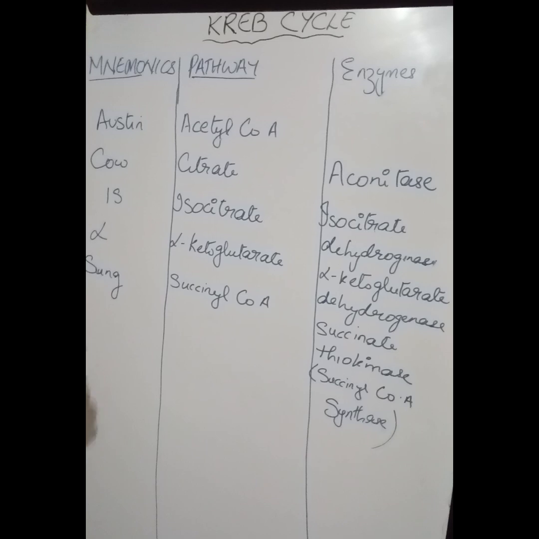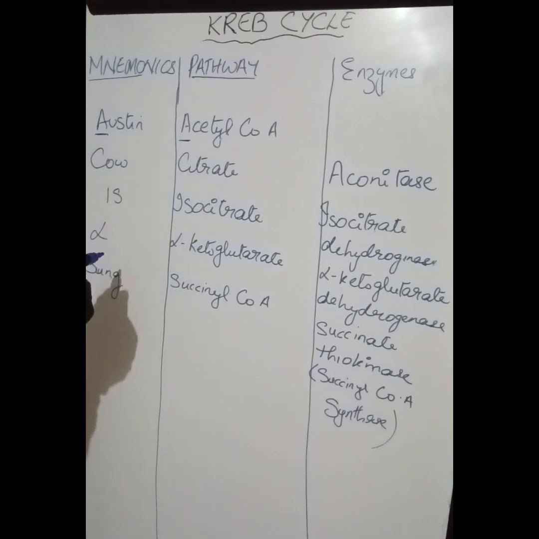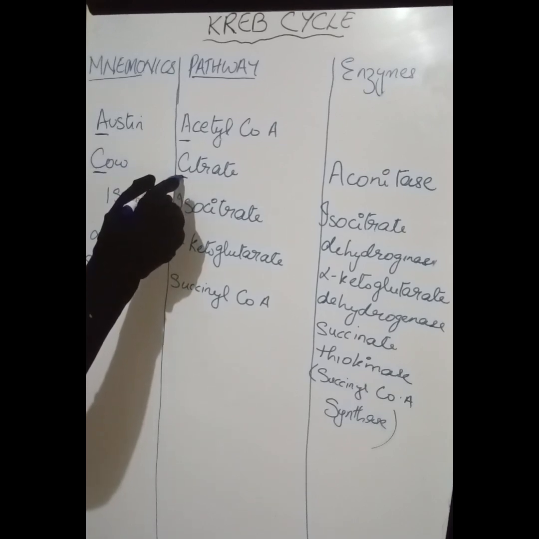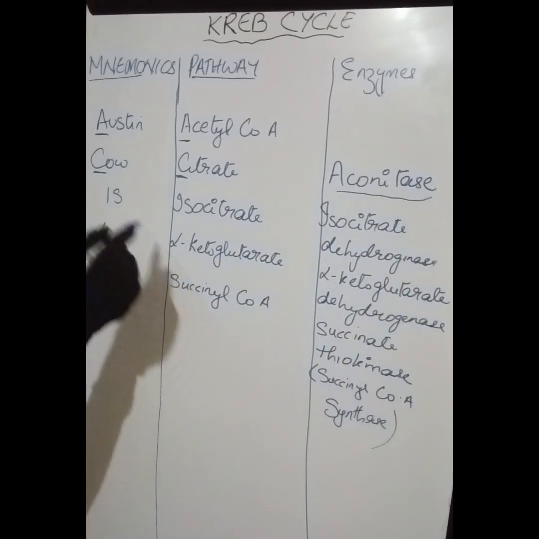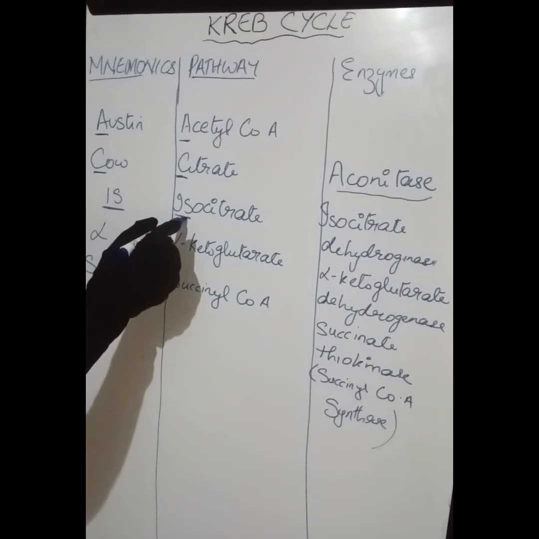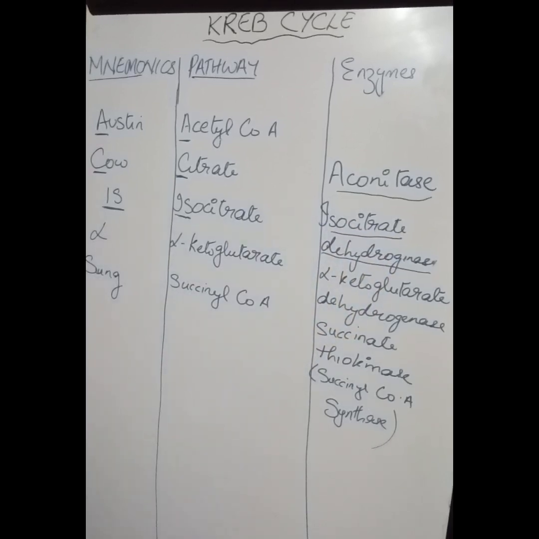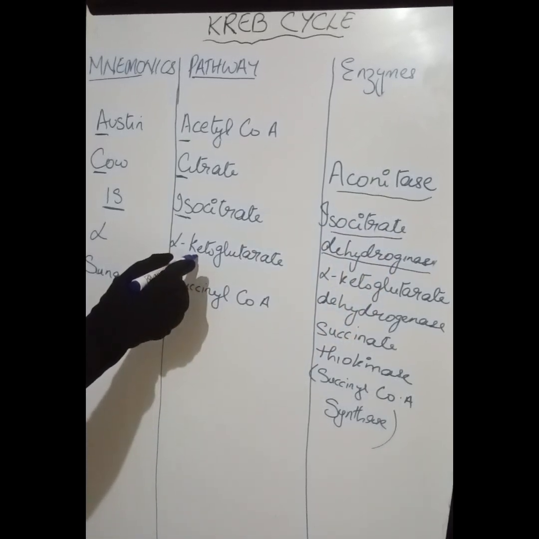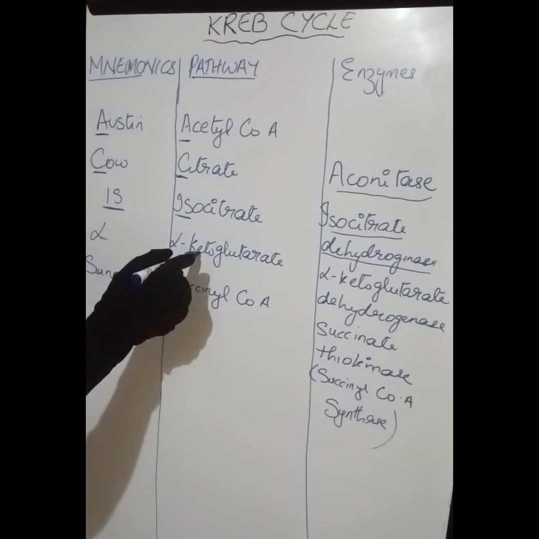So let's see the first half. Here you have Austin, where A represents acetyl-CoA. Cow is citrate, and what is required for citrate to break down to isocitrate? Aconitase is the enzyme. IS is isocitrate. Isocitrate requires isocitrate dehydrogenase to give alpha-ketoglutarate. Alpha is already represented here. So alpha-ketoglutarate requires